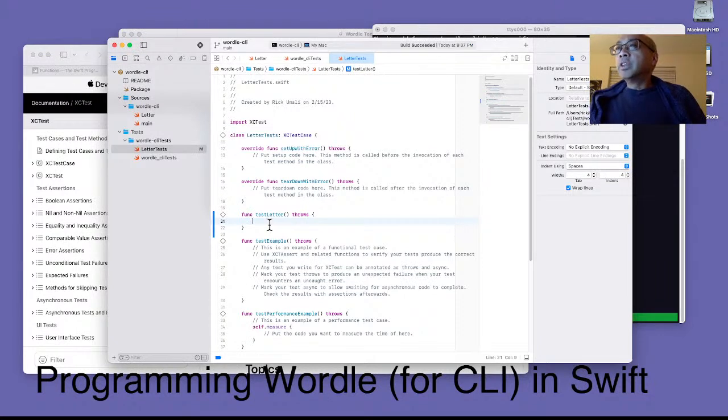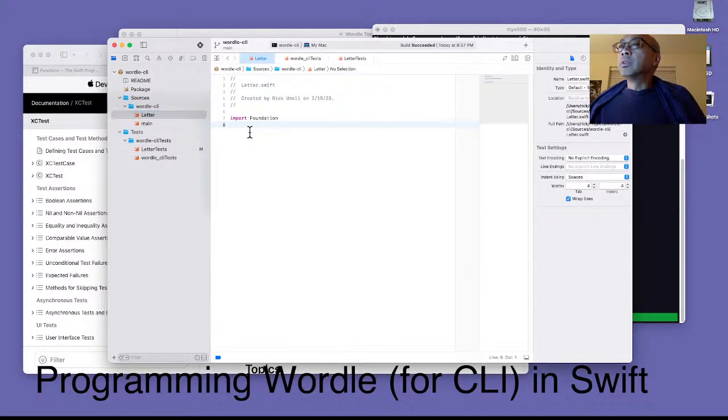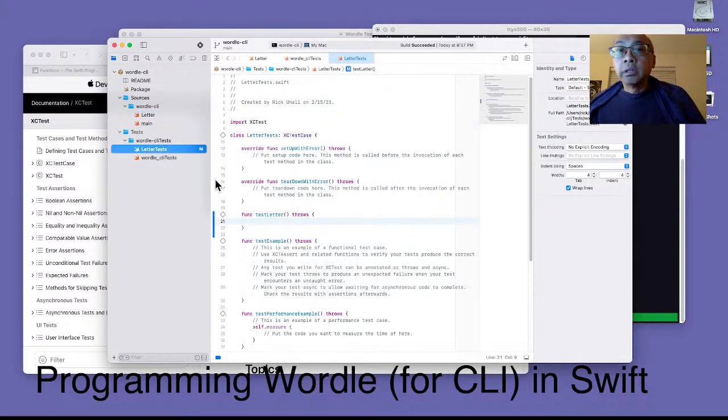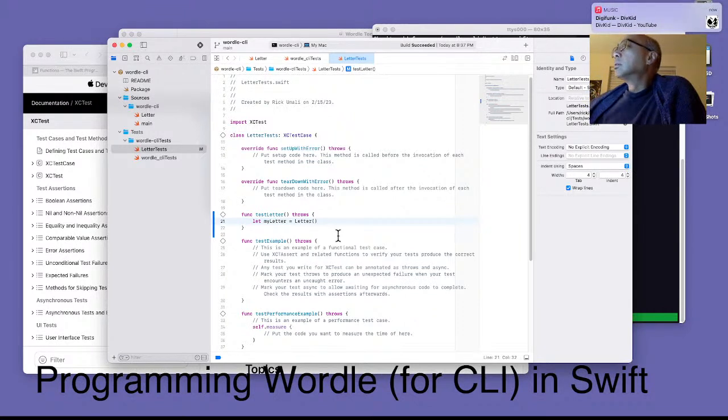But the thing is, we have this letter class here. There's nothing in here, but what we're going to do, this is a little bit of test-driven design. My letter equal letter. That's how we're going to do that. Now watch what happens to Xcode. See, it says it can't find letter. Now, this just means that this class isn't around. If I click on this button here,